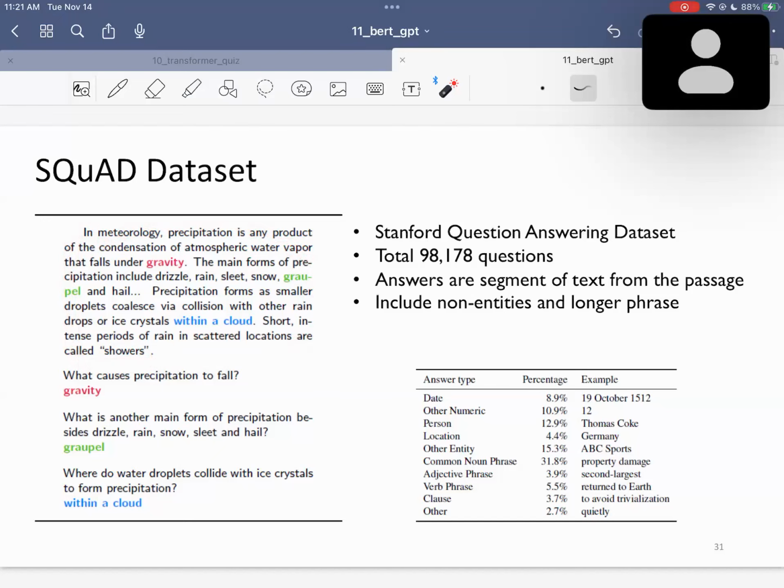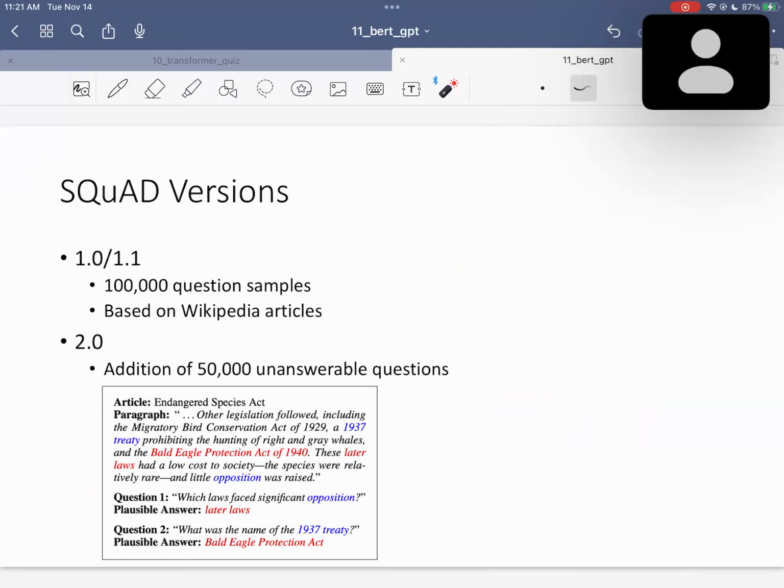It was developed by researchers at Stanford, and it has about 100,000 questions. The answers are always within the text, and it has a lot of variety of answer types, like date, numeric, person, location, and so on. Squad 2 is an extension of Squad 1. Squad 2 has added 50,000 unanswerable questions. We don't have the time to read this, but the model, after reading this reference and these questions,